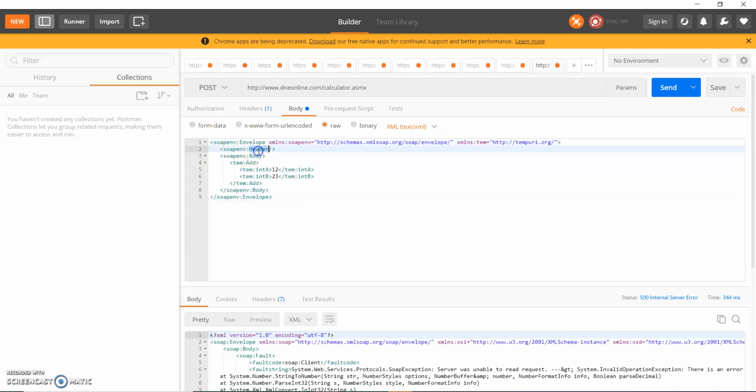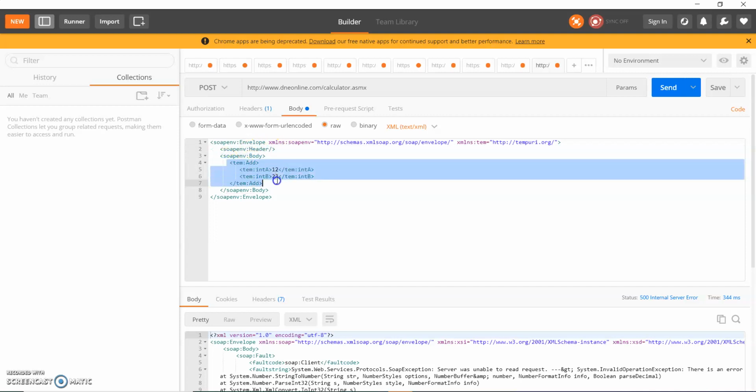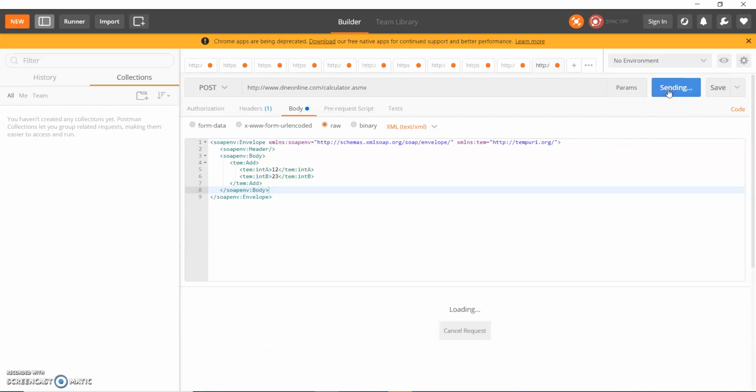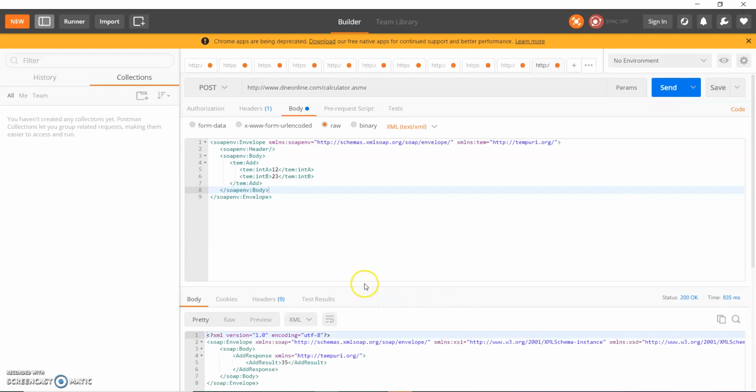Then we have a SOAP header and then the body. In the body we exchange actual data, right? We exchange the data which we need to process. In this I need to add two numbers, so these are int a 12 and int b 23. When I press send, you can see there is 35, right?